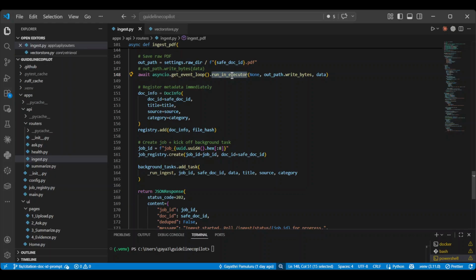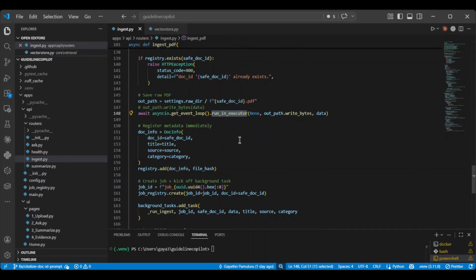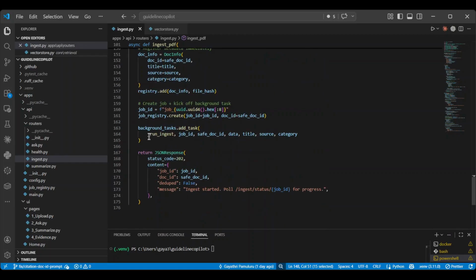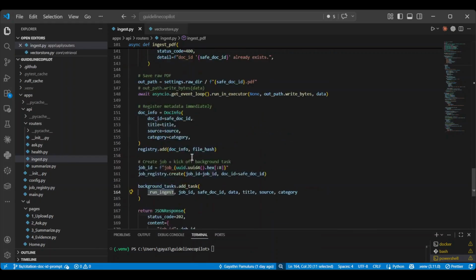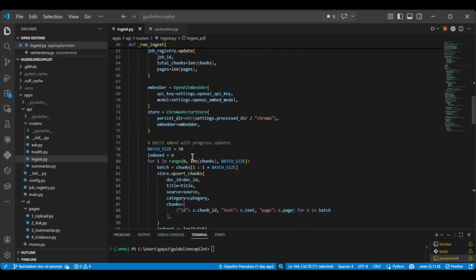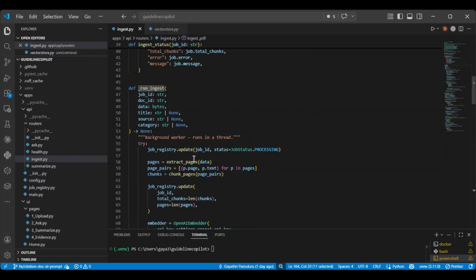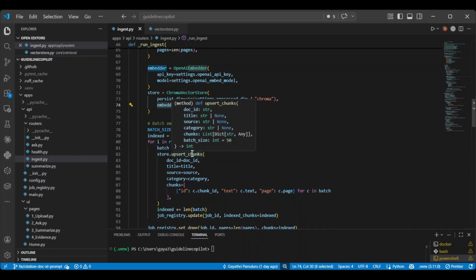Then it returns the job ID immediately with the accepted status. So what does run ingest do? The extraction, chunking, embedding, everything happens in the background function run ingest, completely decoupled from